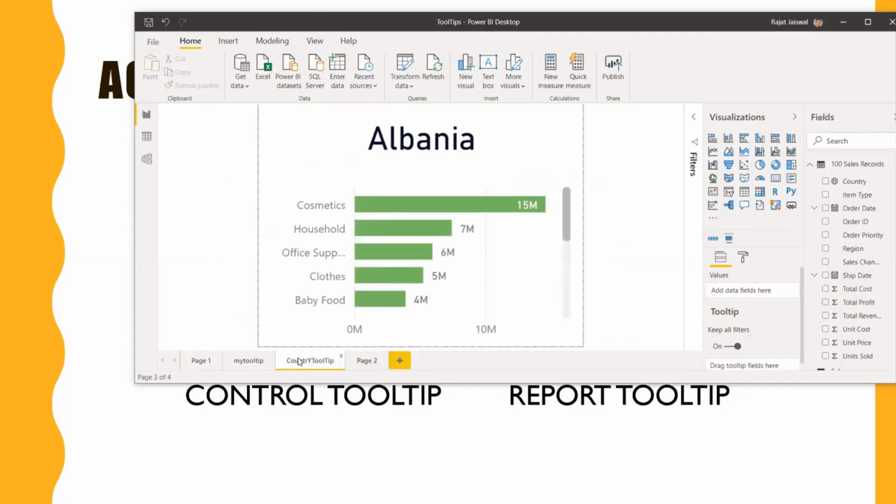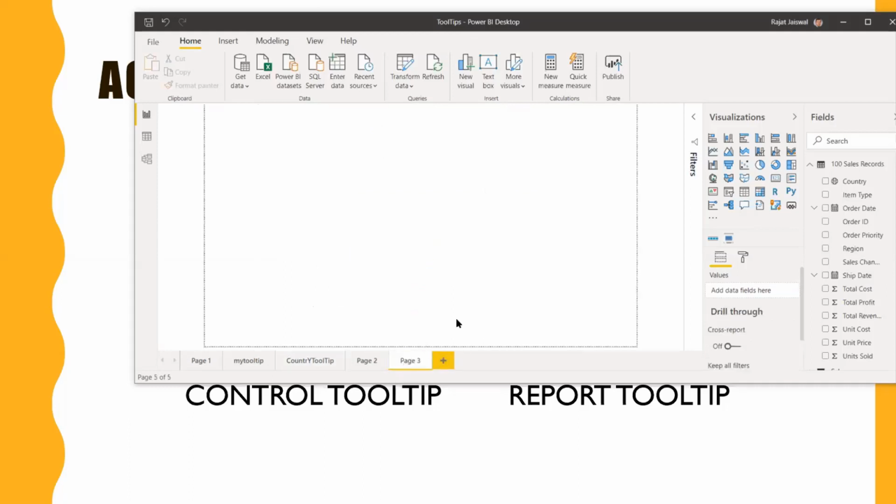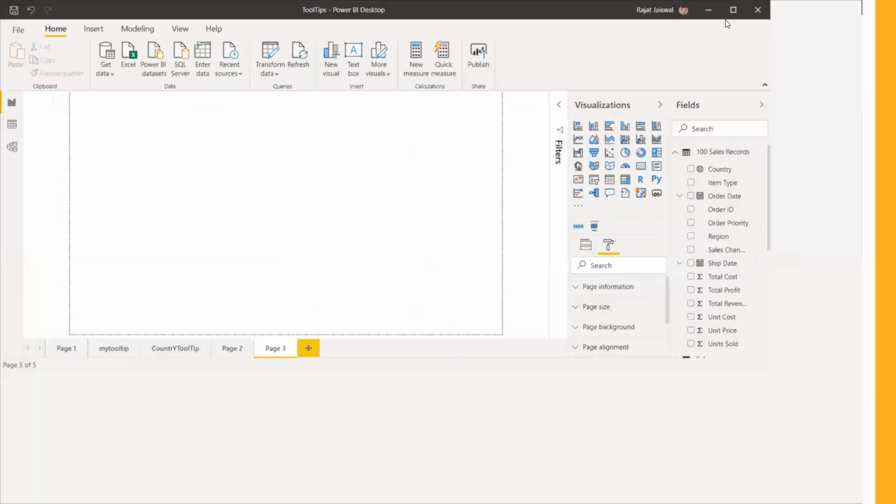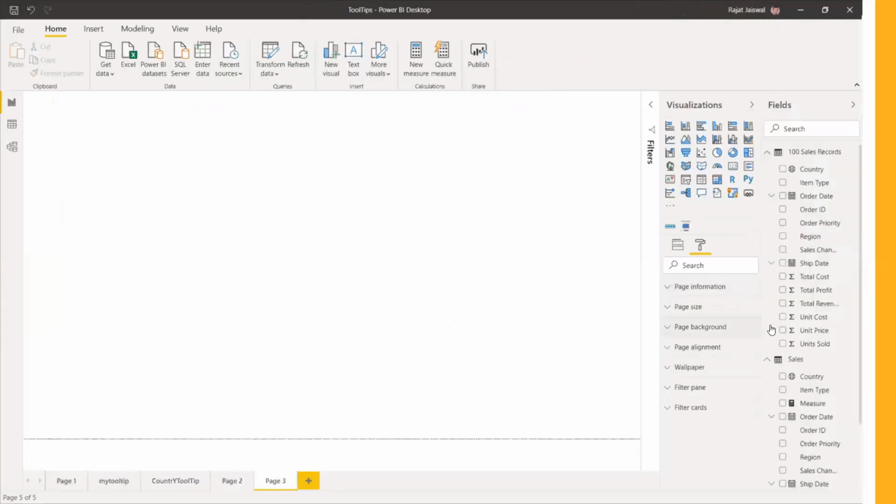Now, how to implement that? Giving you the basic details, what you need to do is click on the page again. You need to create a page. The first thing you need to do, go to this. Is it visible? Okay, let me enlarge it.